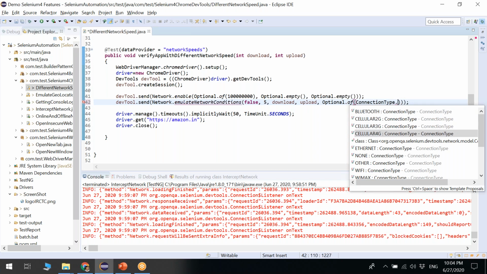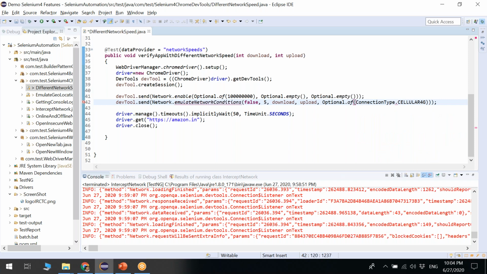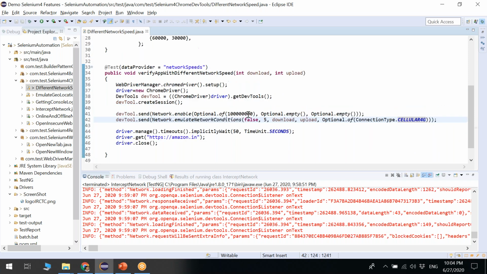If you have any requirement where you are going to perform actions on 2G, you can handle that using the Selenium 4 feature. You can leverage this. Ethernet, Wi-Fi, WiMax, those are the network types. You can choose any one of them. I'm using cellular 4G. In this scenario, I'm going to run with different download and upload speeds.